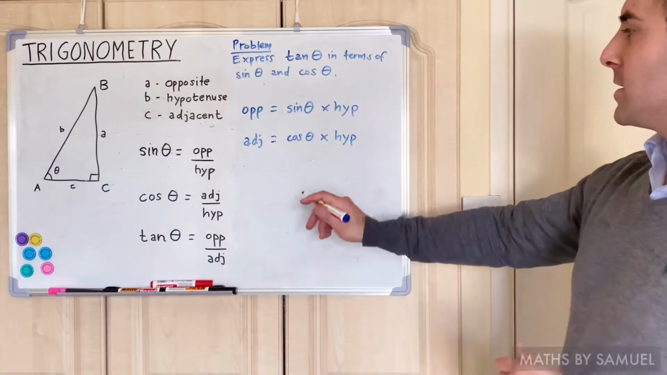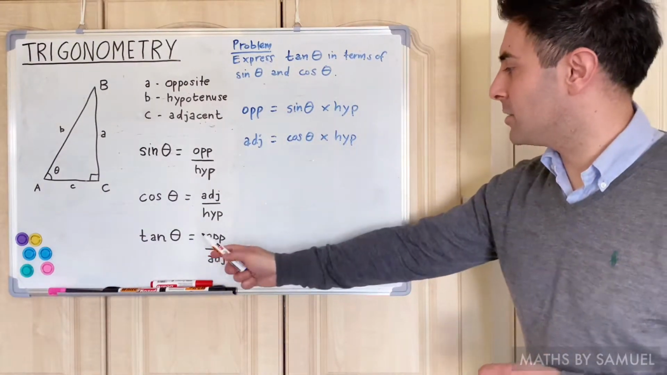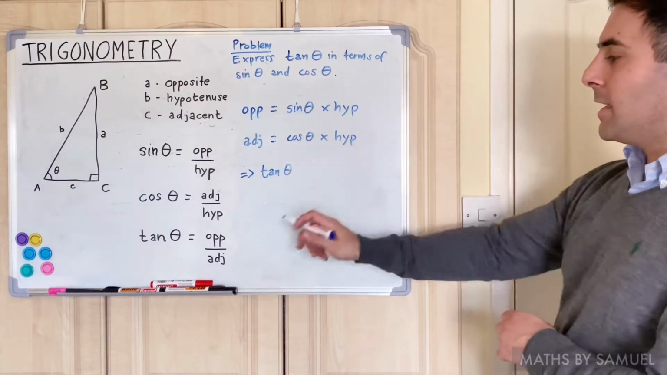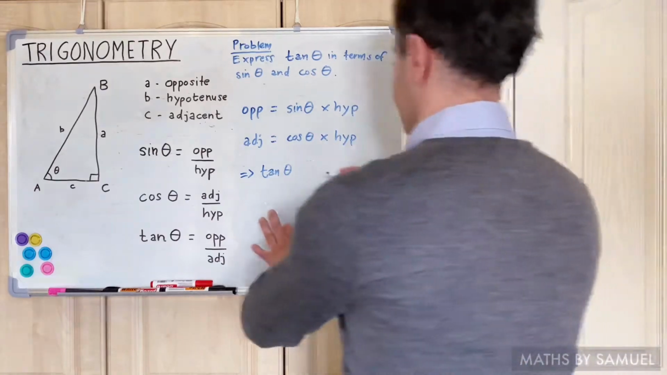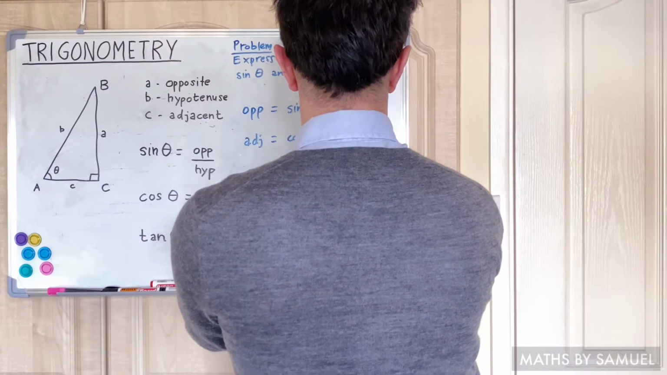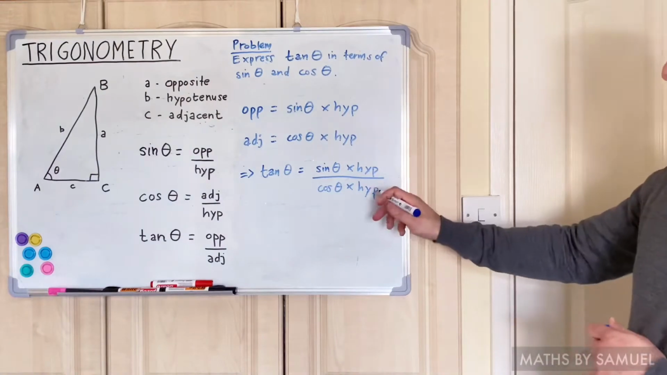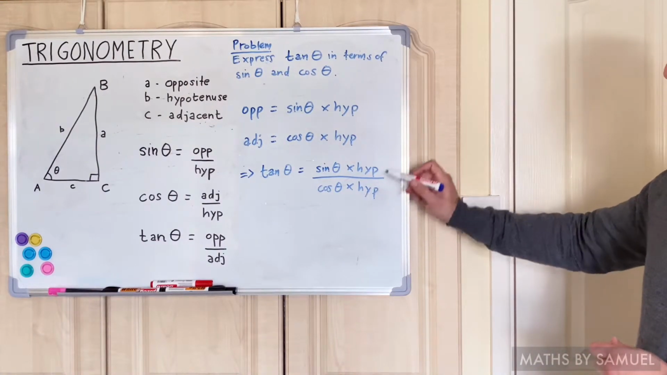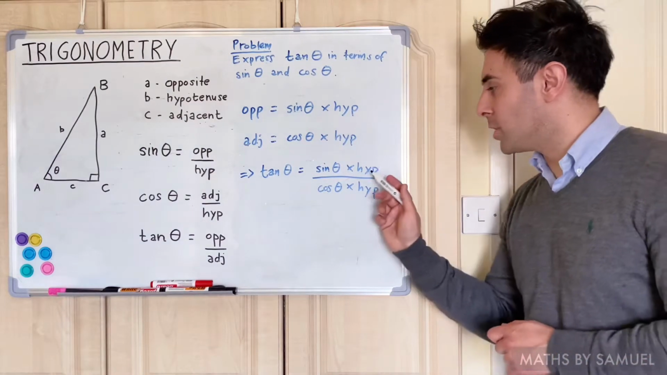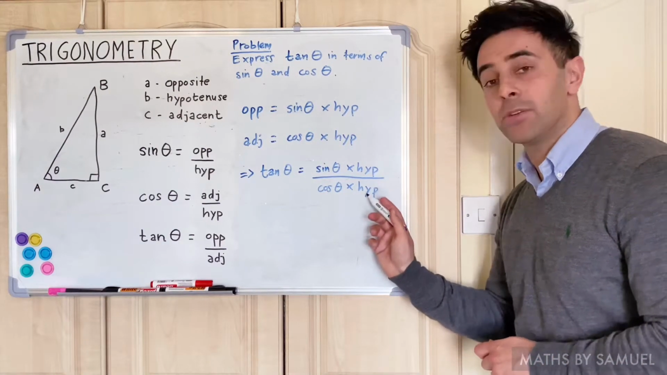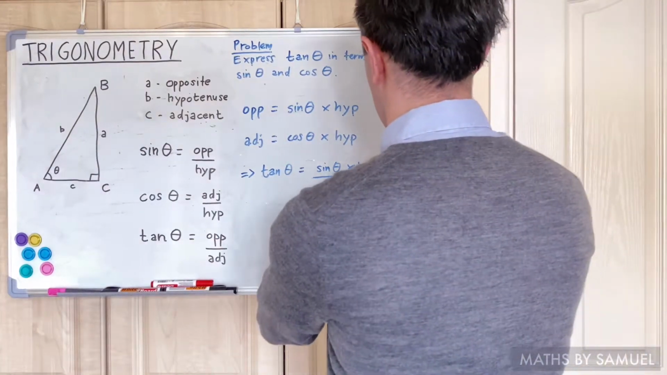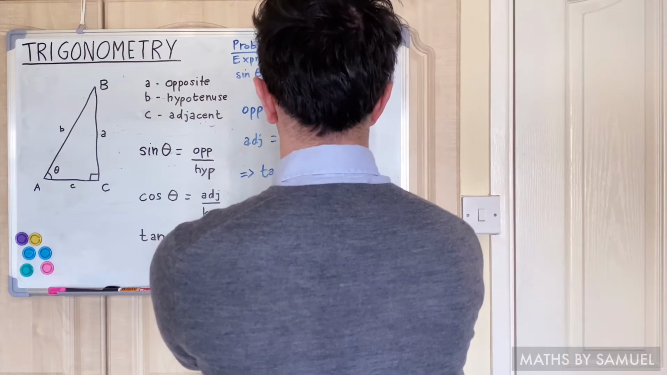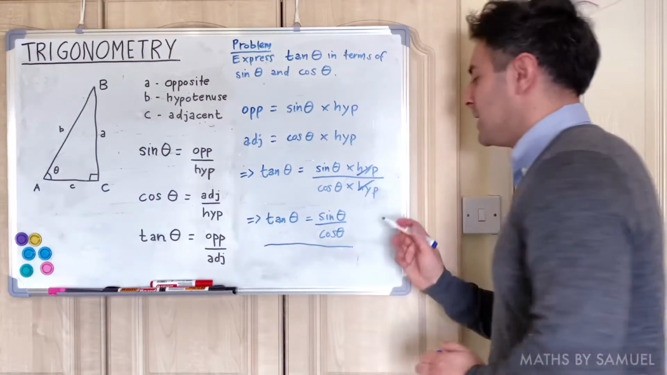Now how do we express this in terms of the tangent? Well, we know that the tangent of the angle is the opposite over the adjacent, so we can just substitute these values into the equation below. So the sine of the angle times the hypotenuse. Simply by inspection we can see that these two hypotenuse terms cancel out because you're multiplying on the top of the fraction and dividing on the bottom, so they literally cancel out. So therefore we can conclude that the tangent of the angle is equal to, and this is a neat little identity,